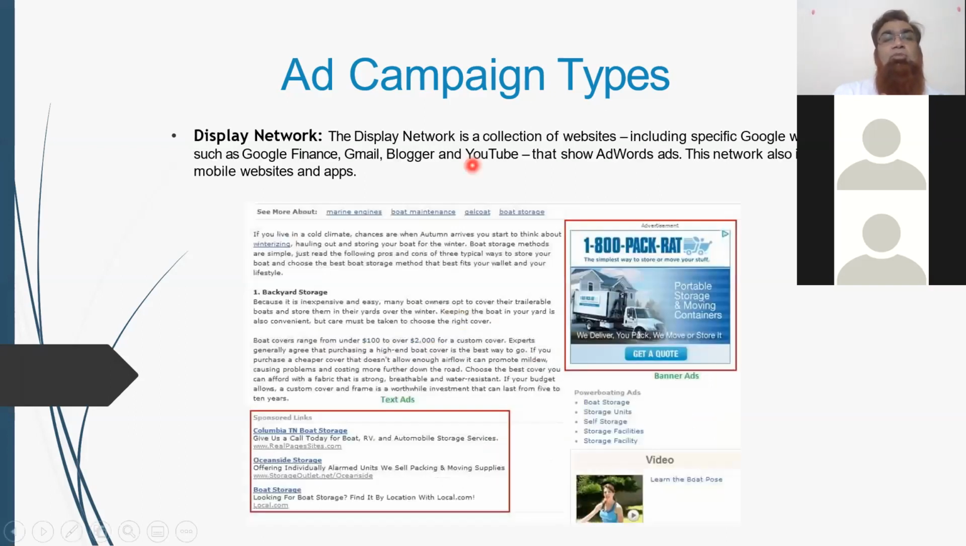Right? So this is an example of a network website, which publishes a display ad, which is only an image, a banner ad. So we call it a display ad, and next it is a text ad. This website has agreed to publish Google display ads. At the same time, it has agreed to publish text ads, right? Similarly, if you go a little down,